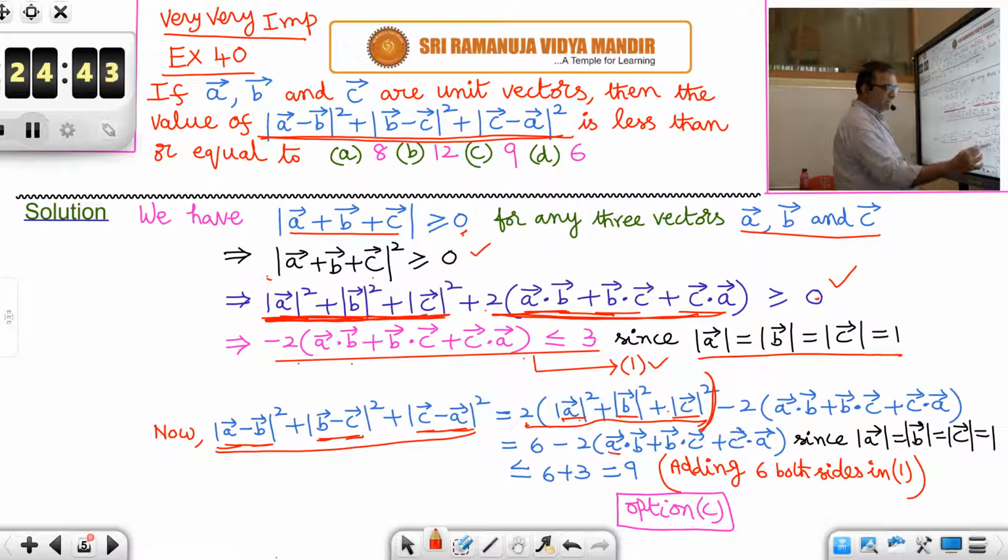Minus 2 into, in the bracket, sigma a bar dot b bar. Okay, because I have used mod a, mod b, mod c is equal to 1. Now this next step is very important. See the inequation number 1 here: minus 2 into bracket a bar dot b bar plus b bar dot c bar plus c bar dot a bar is less than or equal to 3. You can add 6 both sides, is it not? If you add 6 here and also here,